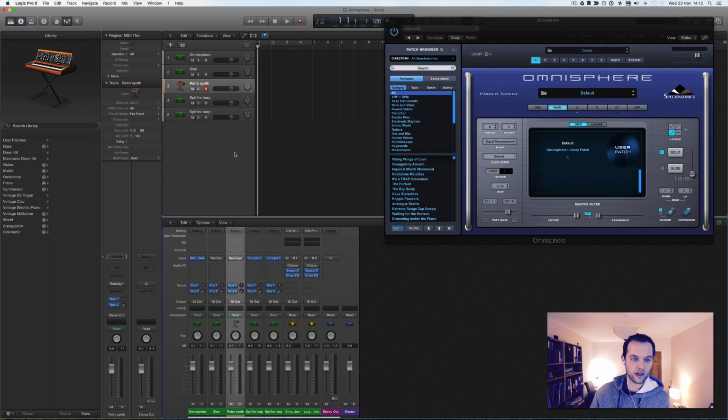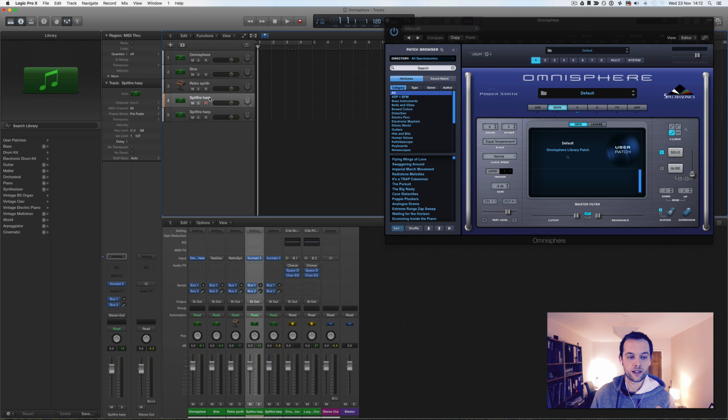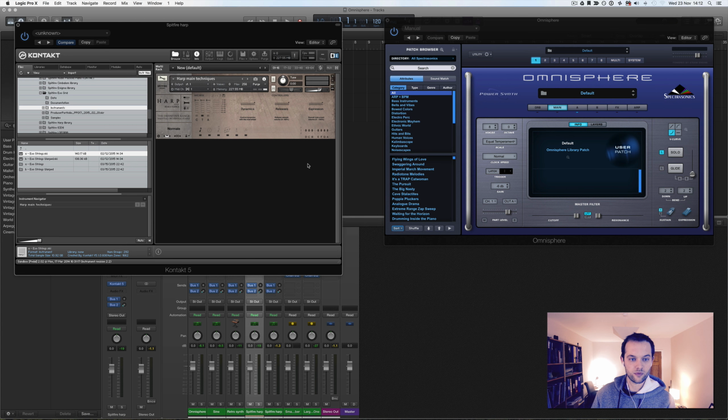The other thing that we want to mention is the sound source. So that's a Retro Synth. All of the output of that instrument is coming from Logic's processing, and that's coming out of the computer's speakers. No one's ever recorded a Retro Synth for that VST. However, things like Spitfire libraries and lots of other virtual instruments have recorded real instruments and made them into virtual instruments. So if you listen to this,